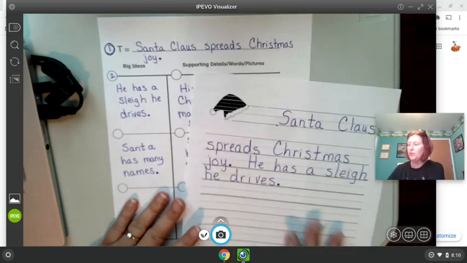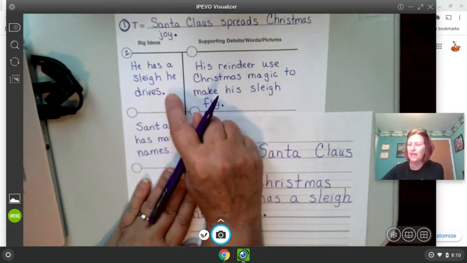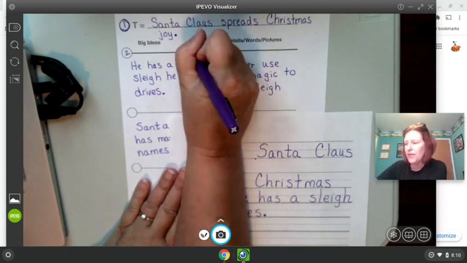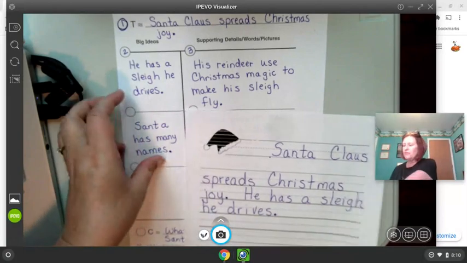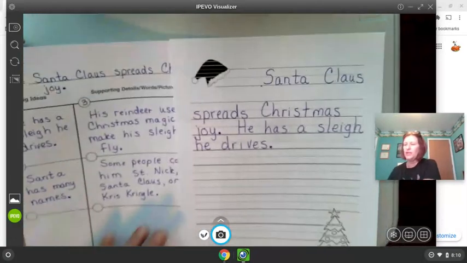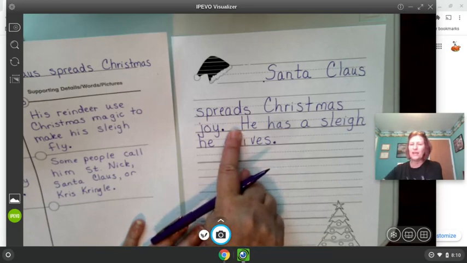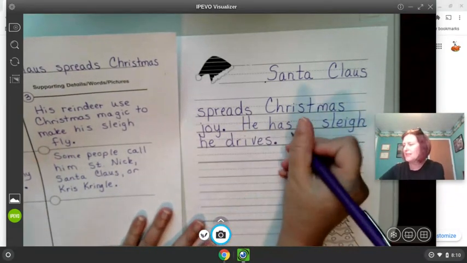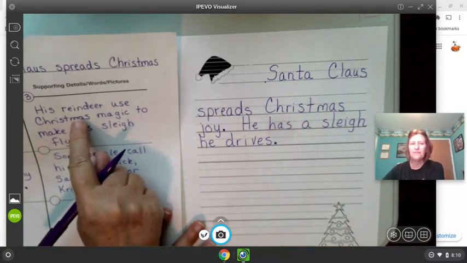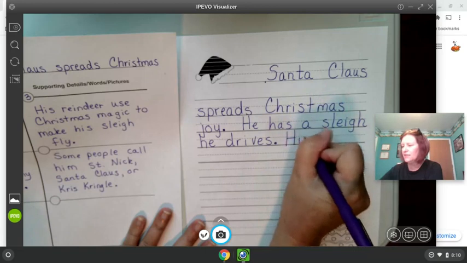Then you're going to move to your detail about your big idea. So this is sentence number 3. So I'm going to use sentence number 3. And notice when I'm writing, I'm not going to a new line. I'm putting my space and starting my next sentence. So my next sentence is going to say, I'm going to use my detail. So I'm going to write his